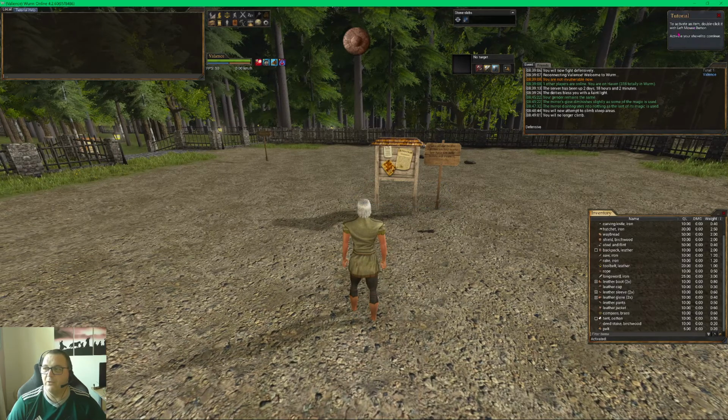To activate an item, double click it with the left mouse button. Activate your shovel to continue. I'd like to...